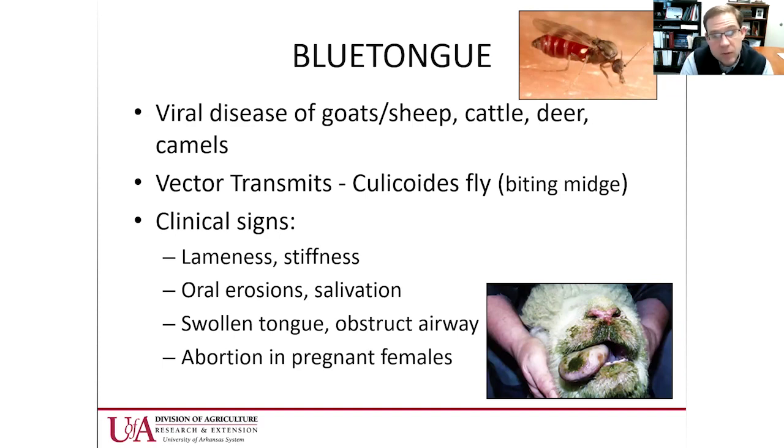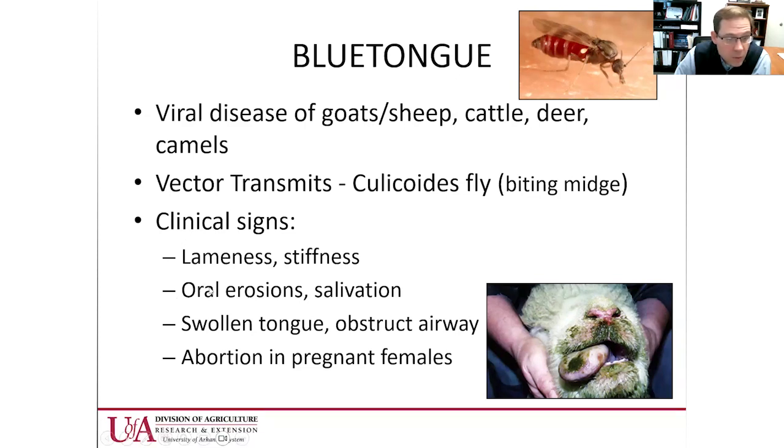This disease can also be present in cattle. They don't get sick with it like we see with sheep and goats, but they can carry it. And then deer can get it and other ruminants. But with sheep and goats that become infected, we'll oftentimes see both lameness issues, and then we'll see the oral